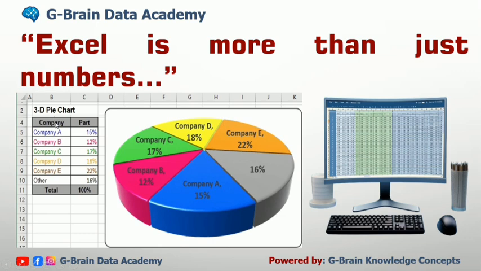For example, we have a data set here with two columns. The first column is dealing with the company names, while the second one we have the parts. Now, this part represents the percentage shares. This data set has been transformed into a pie chart, that is a 3D pie chart